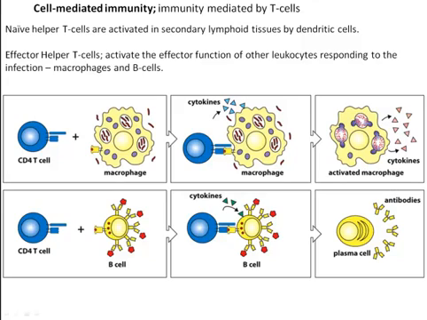So on one hand, there's a class of helper T cells that are activated in secondary lymphoid tissues to proliferate and then differentiate, and then migrate from that secondary lymphoid tissue, enter the bloodstream, be carried back to the site of infection, and induce macrophages that have engulfed pathogens that are resisting being killed. So pathogens can antagonize or resist phagocytosis, and if they're phagocytized